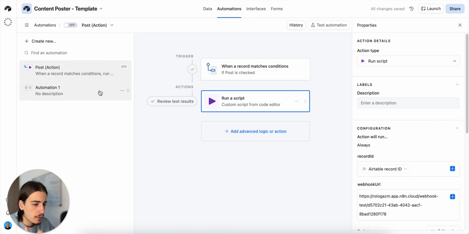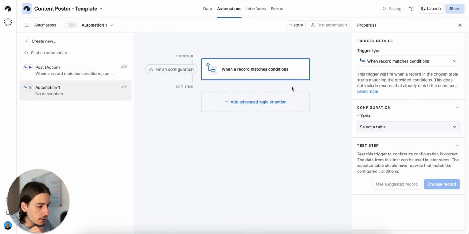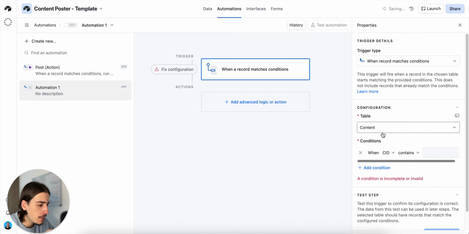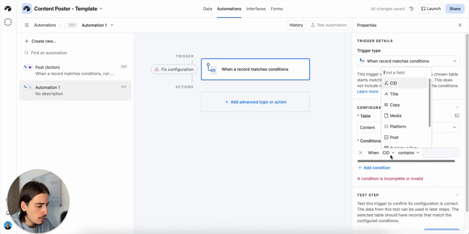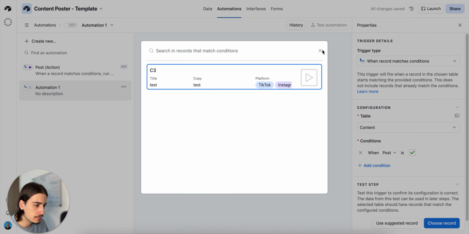Then we want to click on the trigger. When a record matches conditions, we'll click on that. We'll select the table content. Then we'll add a condition. We'll change this to when post is, and you'll see the empty box. We just want to click tick on that, and then we'll click choose a record, and you'll see that demo